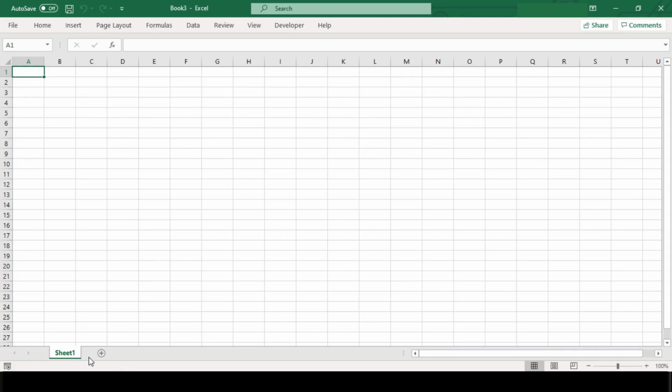First, let me create some blank sheets for our demonstration purpose. So now we have 5 worksheets. Now, instead of using the conventional method of grouping together and hiding all the worksheets, we will write a VBA code for doing this. And after all, you are here to learn that.